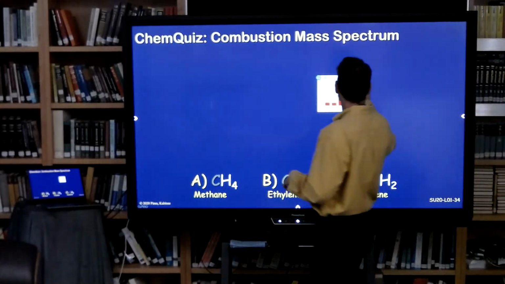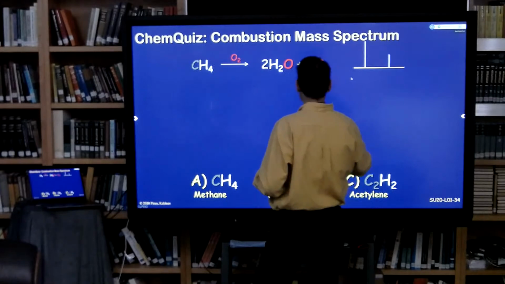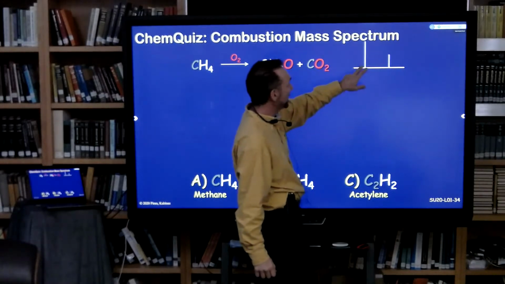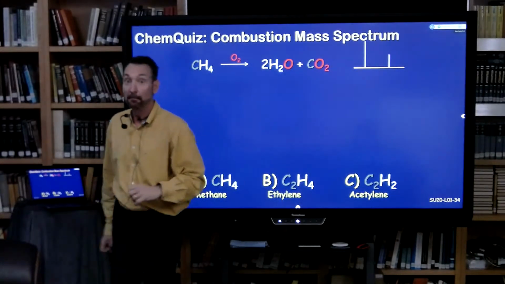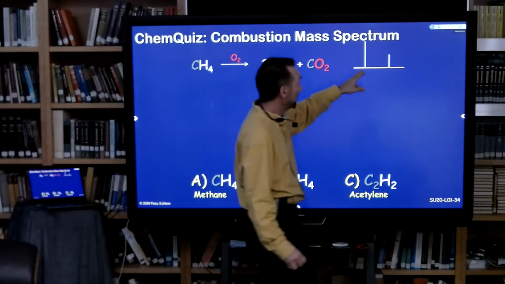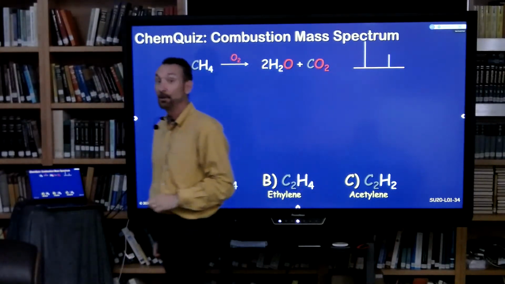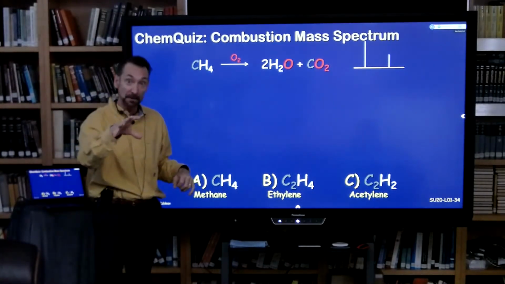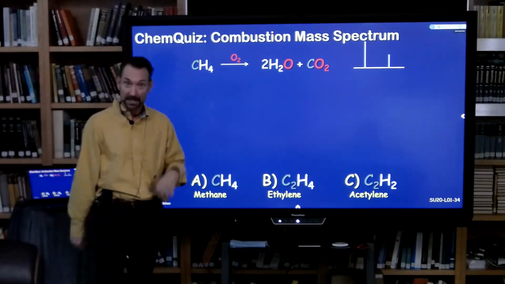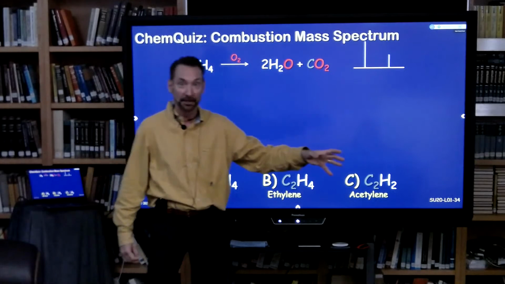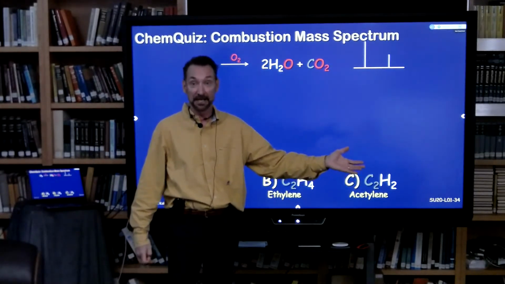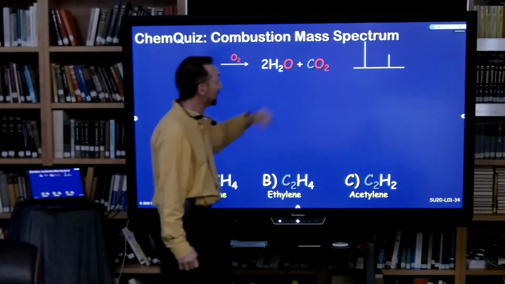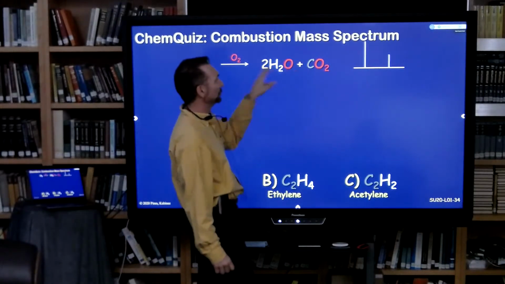Let me tell you what my thinking is. The mass spectra had peaks at 18 and 44, and I think most of you realize that's water, relative mass 18, and carbon dioxide. And I told you yesterday, if you take nothing else home from Chem 1, take home the fact that when you burn a hydrocarbon in oxygen, you get carbon dioxide and water. In general, I'm not going to just tell you that on an exam; I assume you know it. So you get carbon dioxide and water. The question is, what ratio do you get?